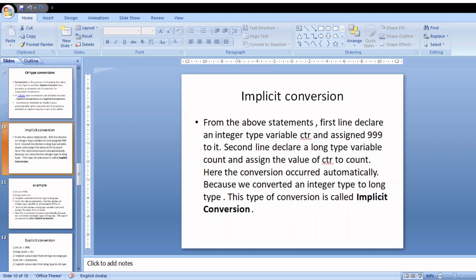Implicit conversion consists of arithmetic operations, where your compiler is going to convert from a lower level data type to a higher level data type under the primitive category itself. It is done automatically by the compiler. These kinds of conversions are called implicit conversions.